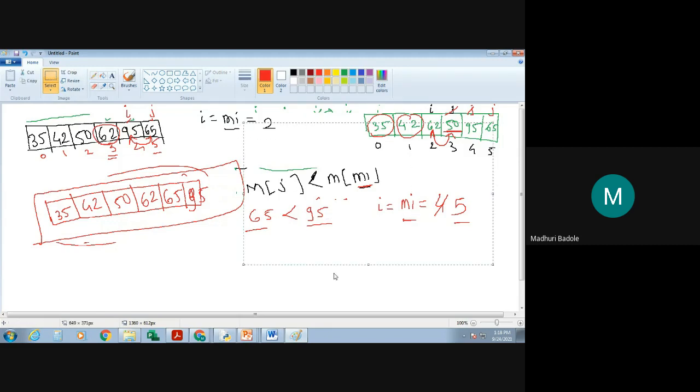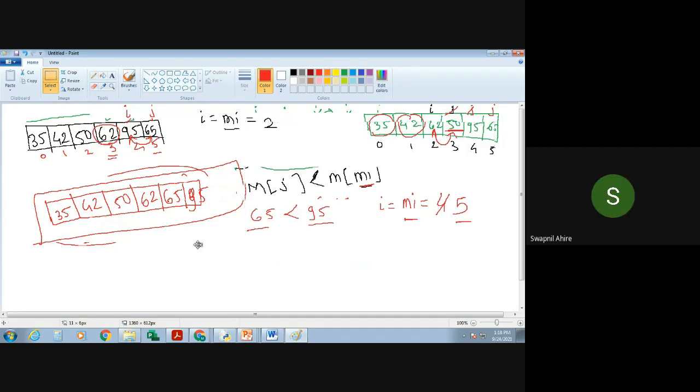Understood this concept? Yes, ma'am. Fine. Now, this is the logic, so let's see how you are going to write down the logic for the same. Simply, what we did over here, firstly, we applied the i loop for the number of elements. Up to where is the i loop applied? These are the n elements, so where is my ith index going? N minus 1.